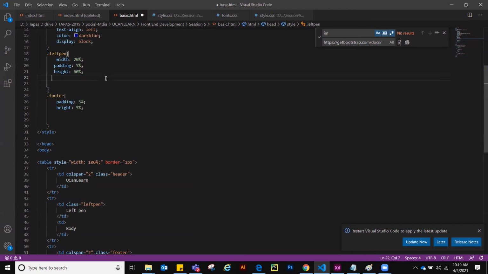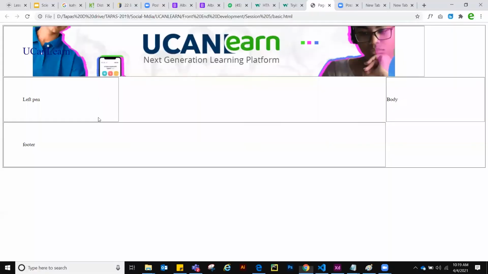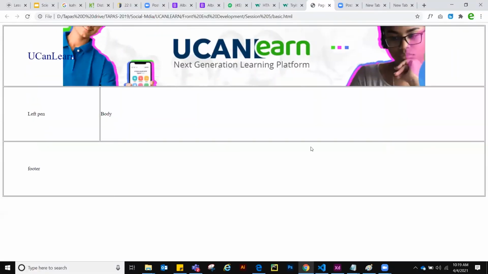Generally we don't use a table to create this kind of pages. We generally use div to create this kind of pages. When we put content inside, it will work properly, but still see it has been distributed properly, so the space is occupied. See, the left pane padding is properly implemented everywhere. See, they all are in the same line. This 5% padding is implemented.